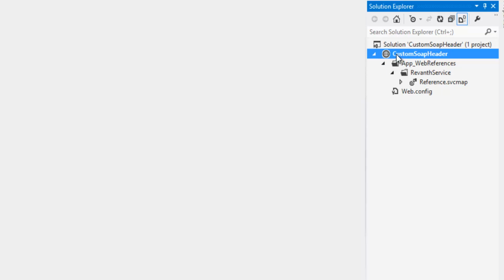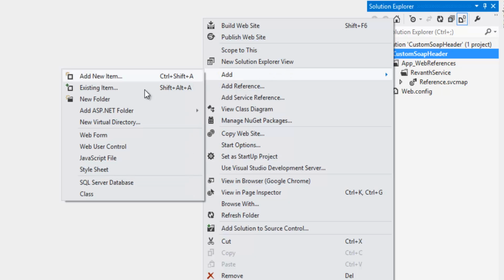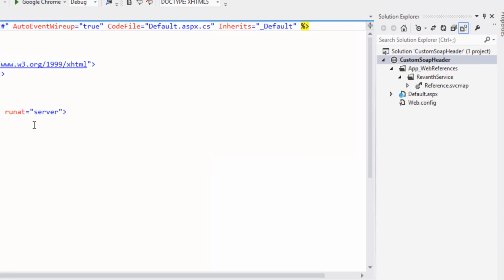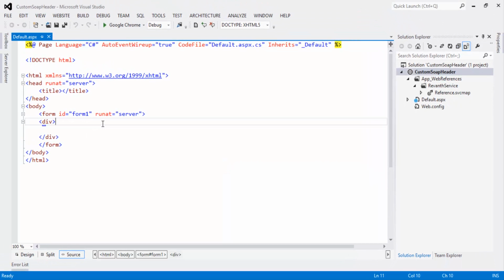Now let's right click on the project, click on Add Web Form, click on OK button. Now let's add one button.